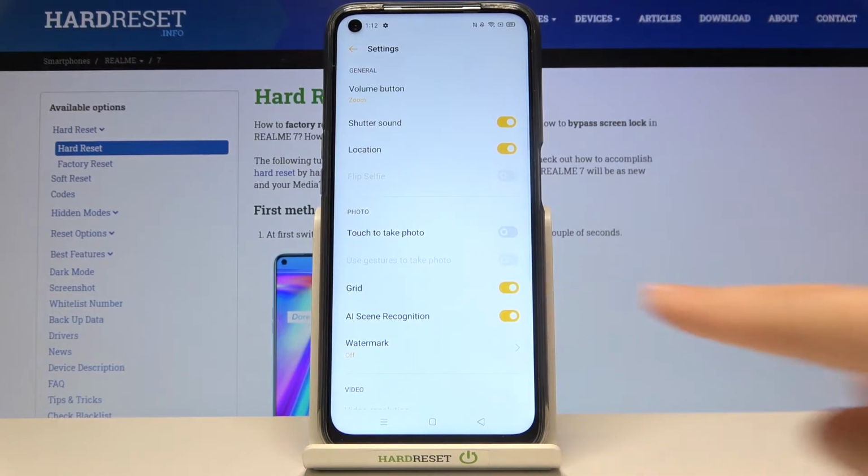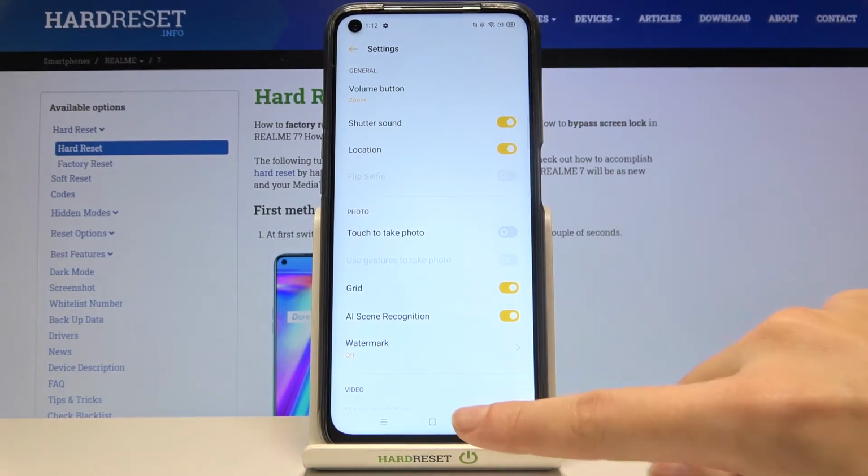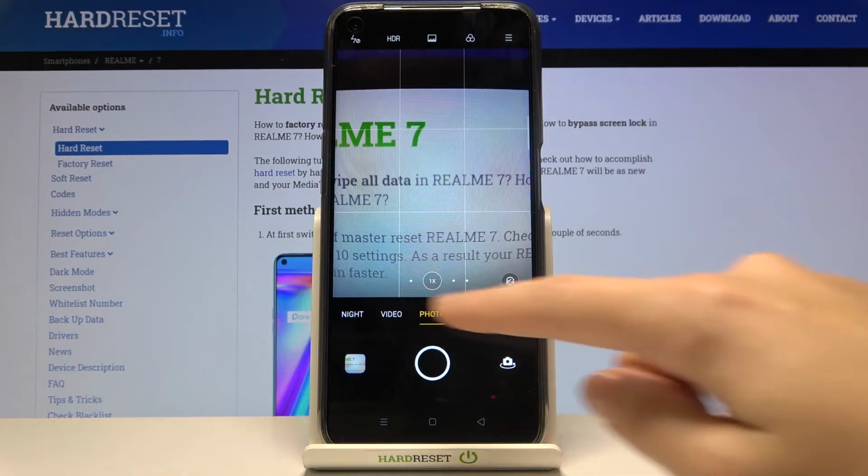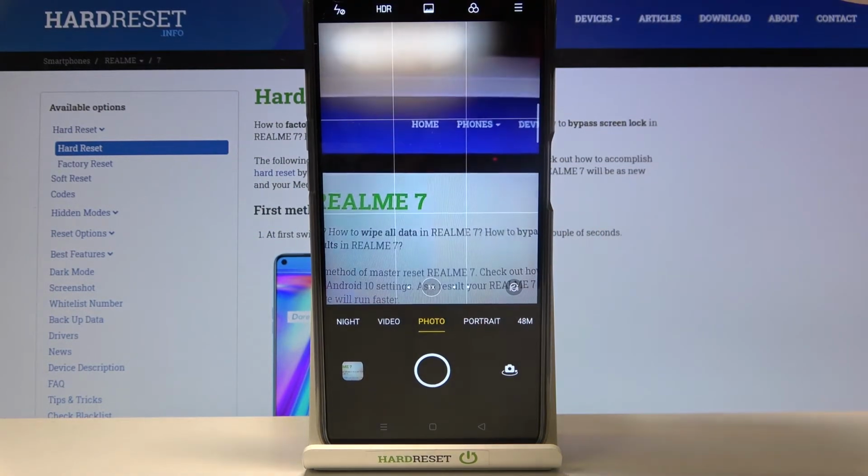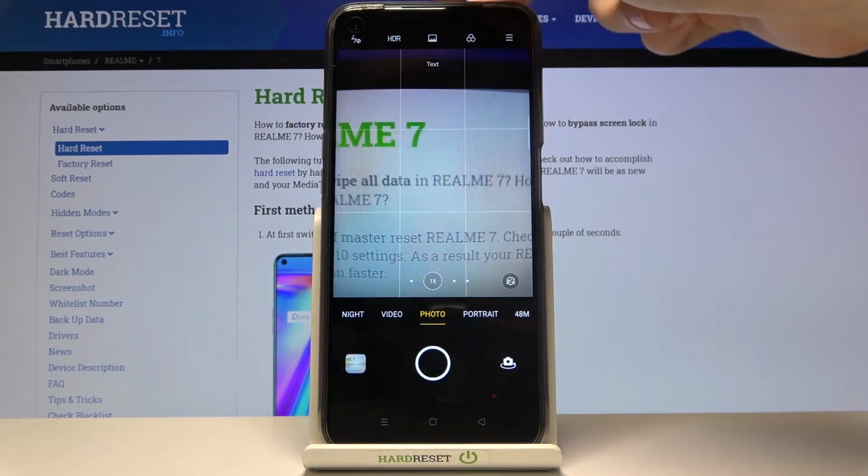For now let me keep this turned on. Let's go back to the camera preview to see them, and as you can see it shows us these lines. This is useful for example when we want to use the rule of thirds in photography or making experiments with